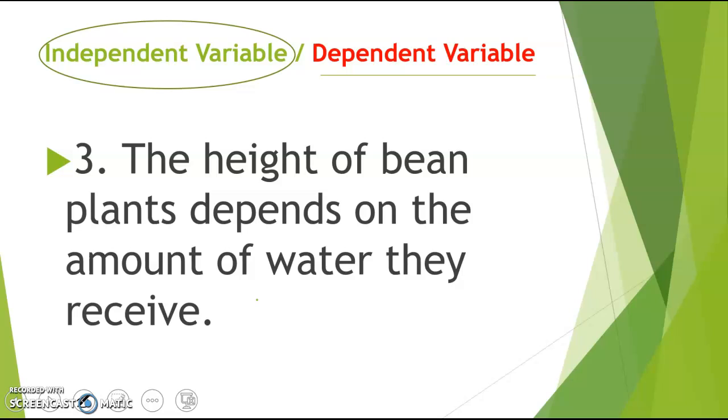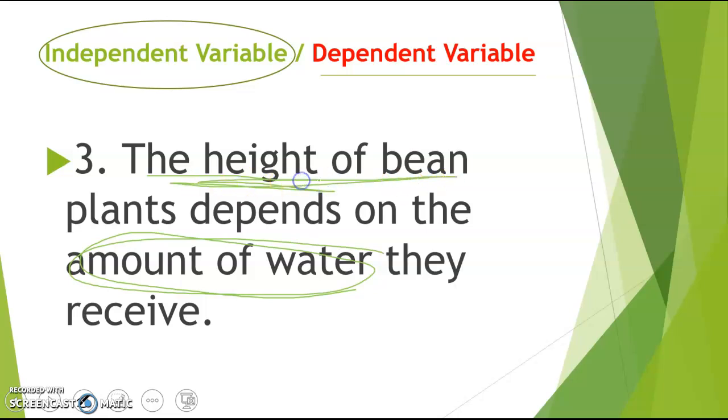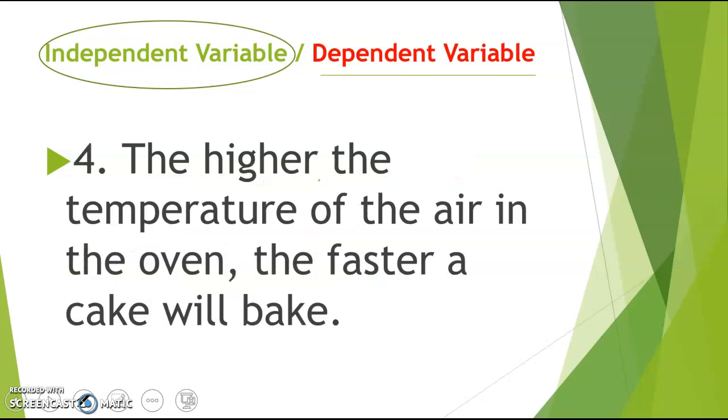So the independent variable, something that you change. You can't change the height of a bean plant. I guess you can if you cut it down. But you can change the amount of water. So the amount of water that you give the plant is the independent variable. Now, it'd be more likely to measure the height of the bean plant. So the height would be something that you would be measuring. That's your dependent variable. Number 4, the higher the temperature of the air in the oven, the faster a cake